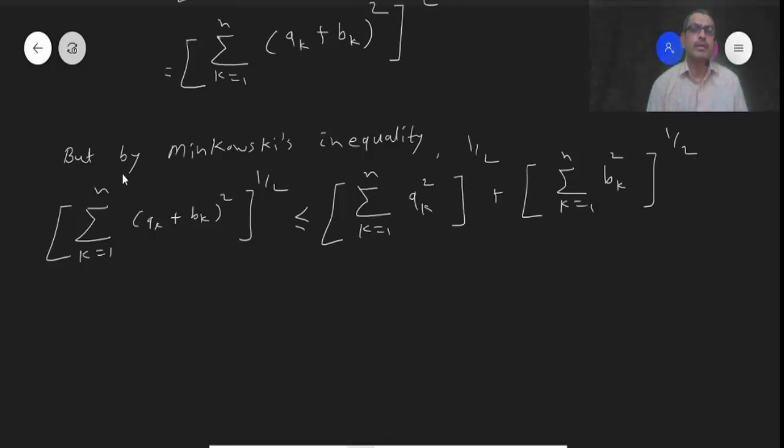Now here, by using Minkowski's inequality, what is Minkowski's inequality? Here Minkowski's inequality is: the summation of (ak plus bk) squared, raised to one half, k from 1 to n, is less than or equal to the summation of ak squared, raised to the half, k from 1 to n, plus the summation of bk squared, raised to the half, k from 1 to n. This is Minkowski's inequality. Then by using this Minkowski's inequality, we write